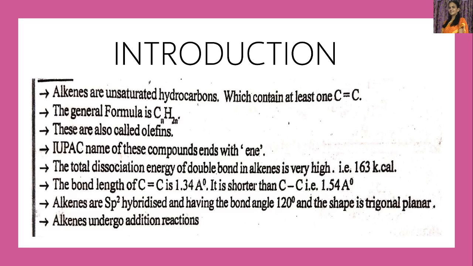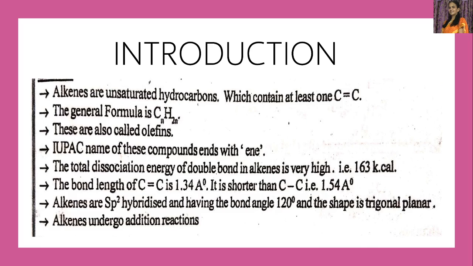Alkenes are hydrocarbons which contain at least one C double bond C. The general formula of alkenes is CnH2n. Because of their nature to form oils, most of the oils are olefins. Because of that reason, they are called olefins. Olefins means oil forming. So, the IUPAC name of this compound ends with "-ene". Alk is the general root word and "-ene" is the suffix used to